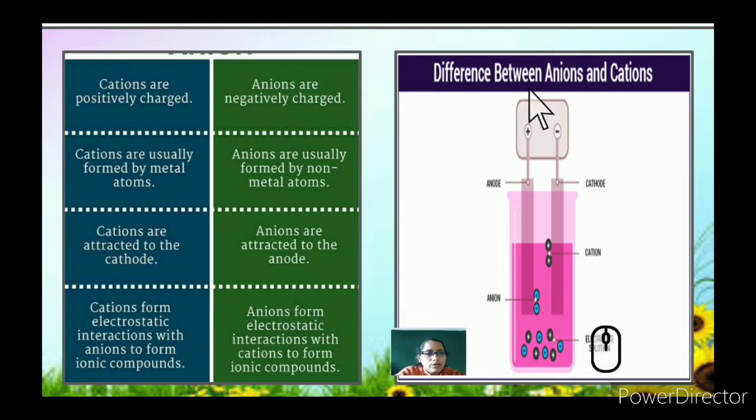So here you can see electrodes connected to electrical charges or a battery. There are two different types of electrodes, that is anode and cathode. As we have told, negative charges attract the anode. So here you have seen the electrolyte solution.